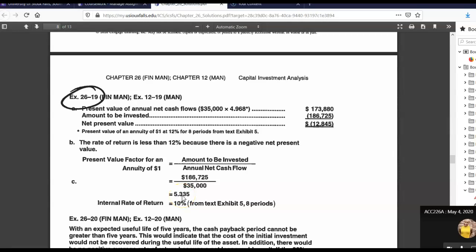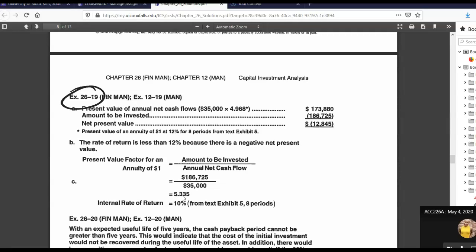It will take us 5.335 years to pay itself back. Or what we're really trying to calculate is the factor. It's 5.335. So now you go again to Exhibit 5, and you have to go down to the number of rows because that's our only known, and it was 8 years. So you go to row 8, you scroll across, and when you find that factor of 5.335, and as far